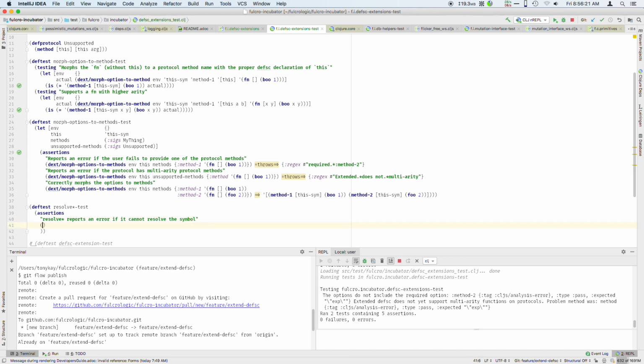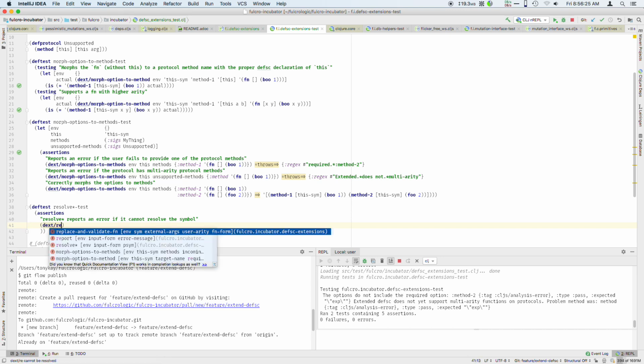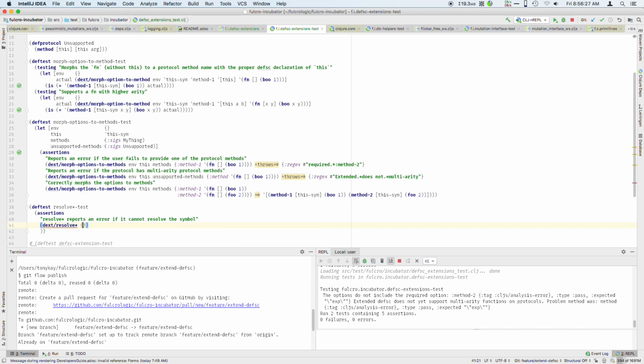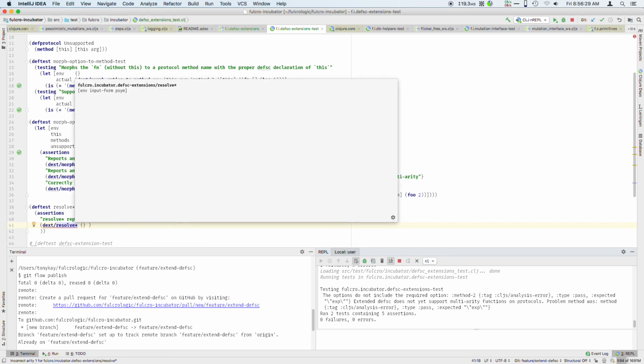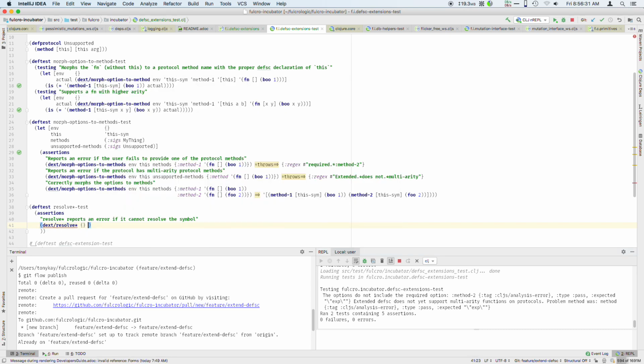Okay, so if we say dext resolve star some environment that we don't care about, some input form we don't care about, right? Because we're just trying to resolve this final symbol, and then